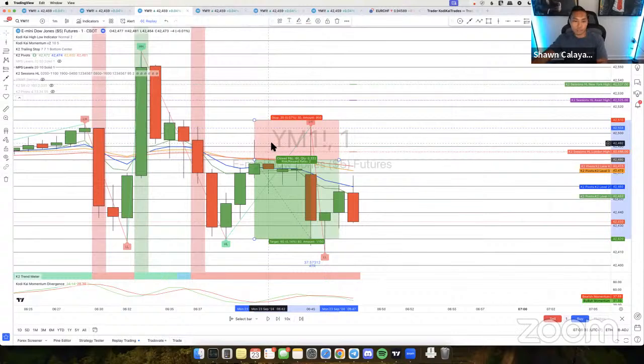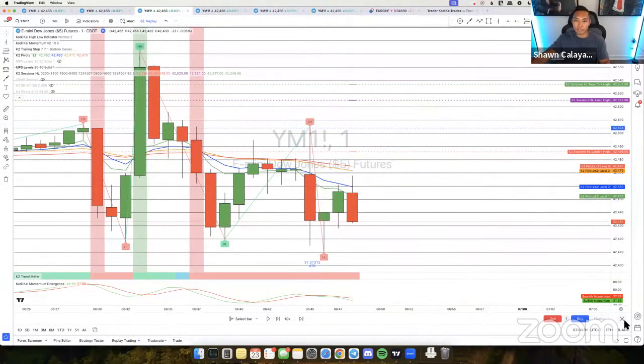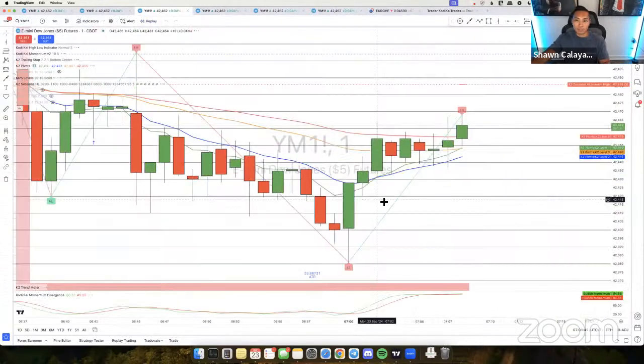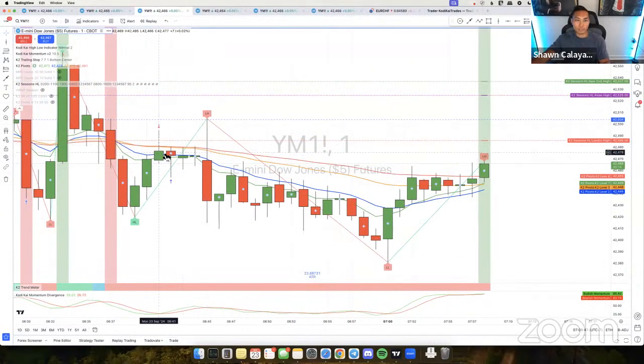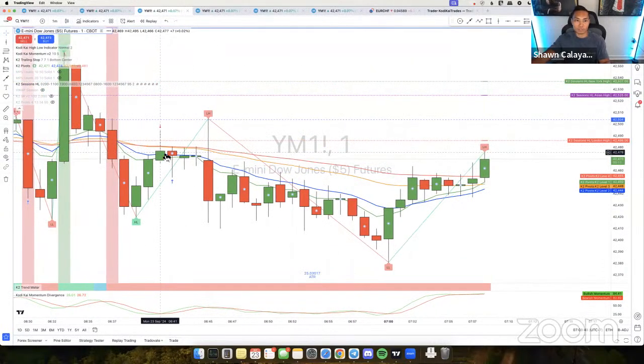A lot of my entries now that I'm setting up, I like using a pending order because I don't want to get in at a bad price. With a pending limit order, you can just leave the order there, and once it fills, you just let the trade do what it's supposed to do. So it's pretty much the same thing, just a different entry point.